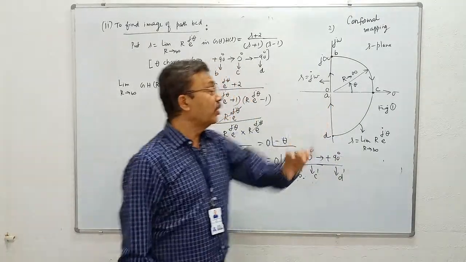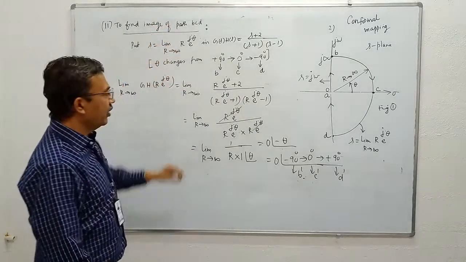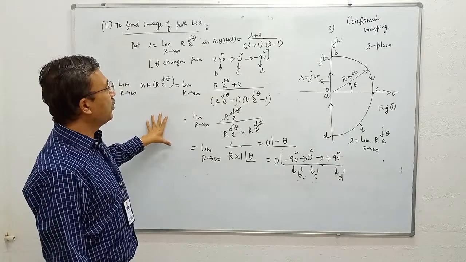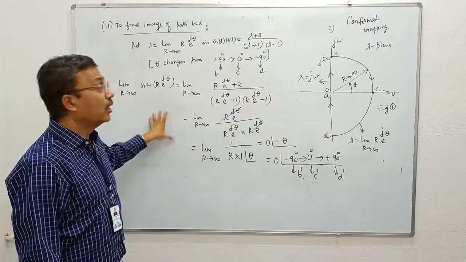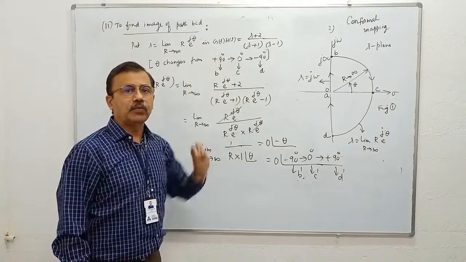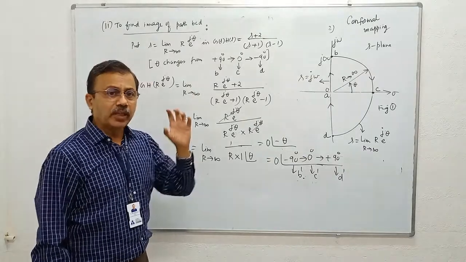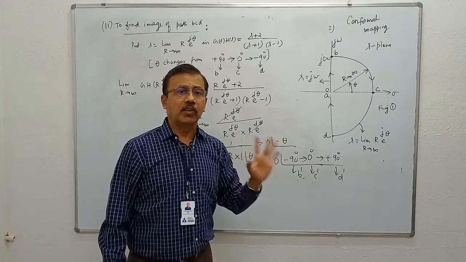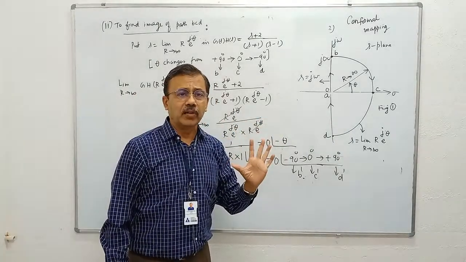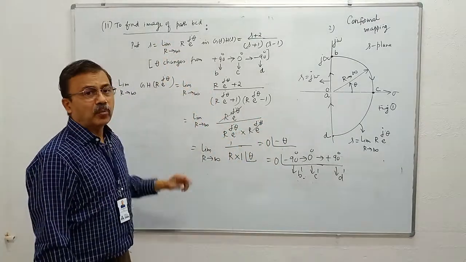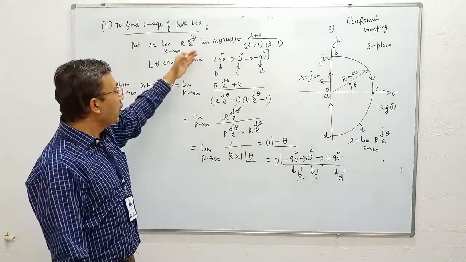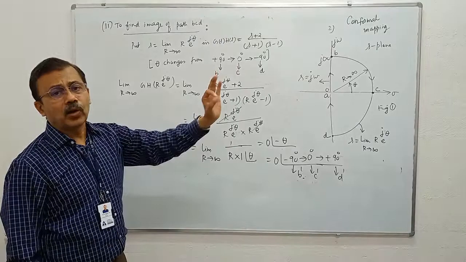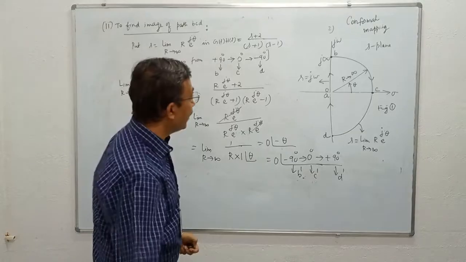In the examination, if there is no time to do this analysis, just write the statement. If the number of poles of G of S, H of S are greater compared to the number of zeros of G of S, H of S, the image of path BCD will be the origin of G of S, H of S plane. This statement is good enough instead of this analysis. But in a few problems I am doing this to give you the confidence that it will always go to the origin of G of S, H of S plane.